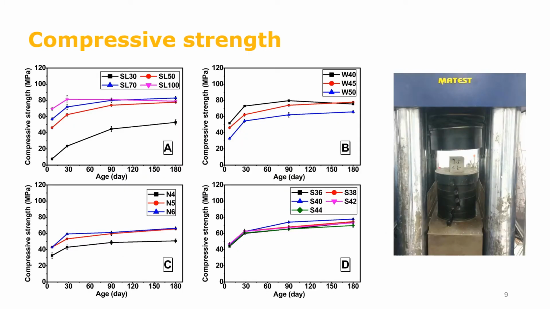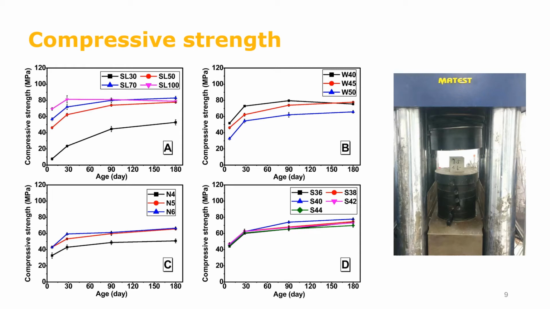These figures show the compressive strength of alkali-activated fly ash slag concretes at 7, 28, 90, and 180 days. In general, alkali-activated fly ash slag concretes had relatively high compressive strength. When the slag content was more than 50%, the water-to-binder ratio was less than 50%, and the alkali content was more than 5%, the concretes were higher than 50